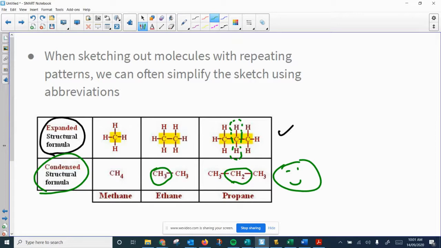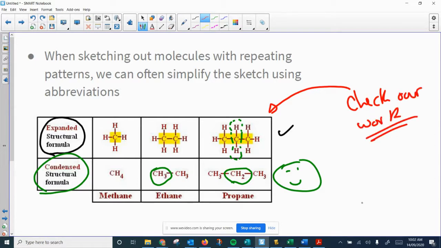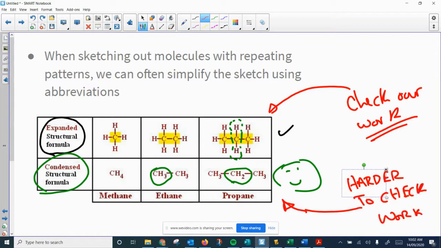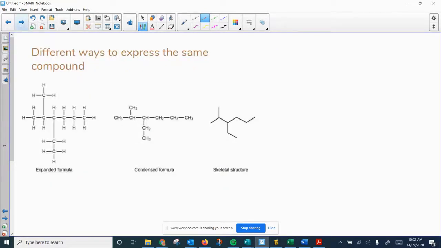No doubt you see how the condensed structural formula is the best way to go. The only issue is, here we can check our work. Here, it's harder to check our work. Just be cautious. I prefer the condensed structural formula personally. In addition to the condensed structural formula,